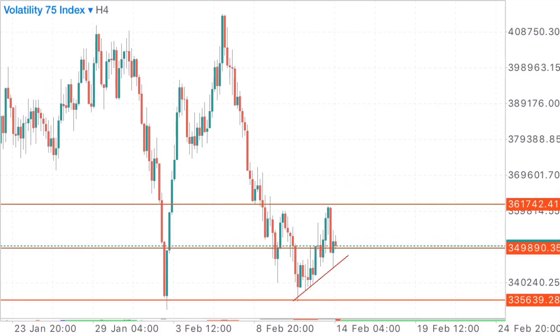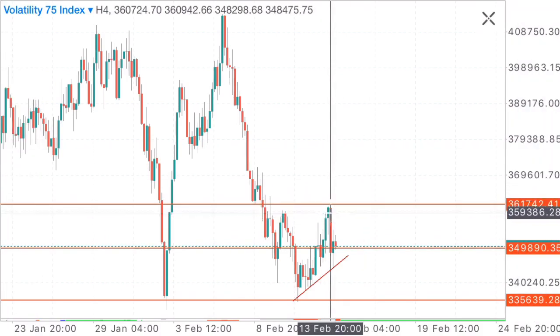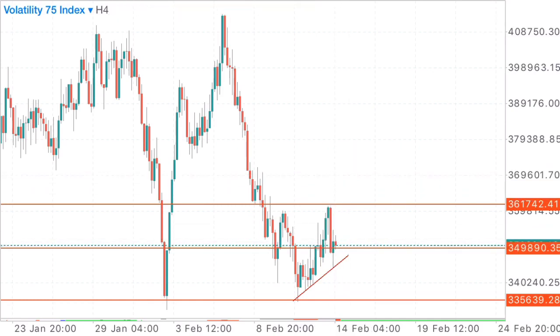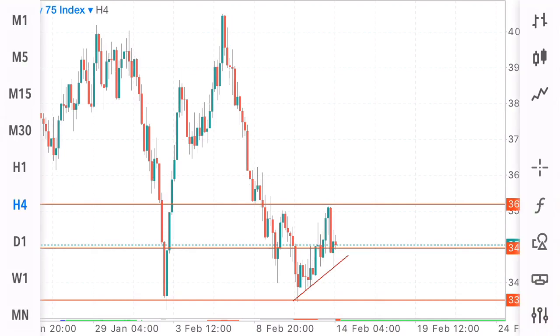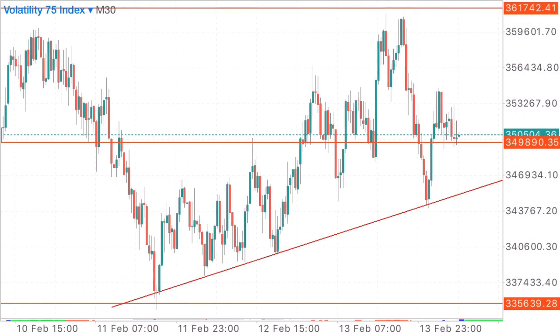You see that on the previous 4 hours there was a rejection, but the 4 hours before the last one is a downtrend. Now, there are a lot of things you have to look into when you're a trader. So let's go to the 30 minutes. We're on the 1 hour. So on the 30